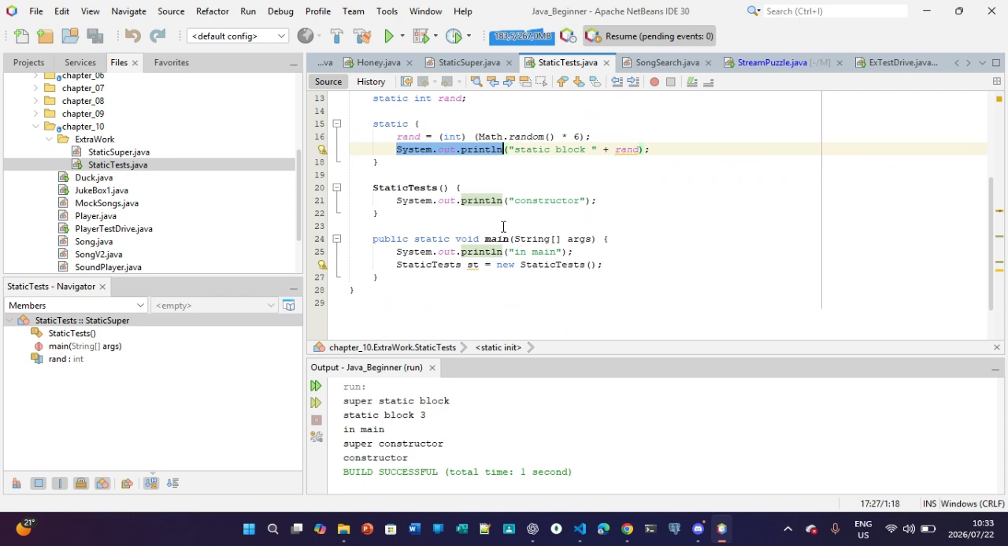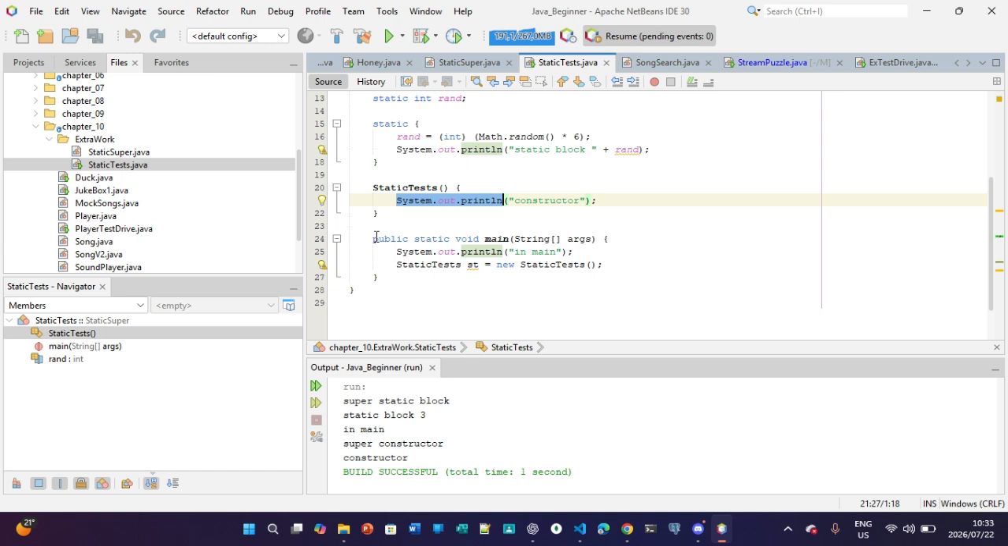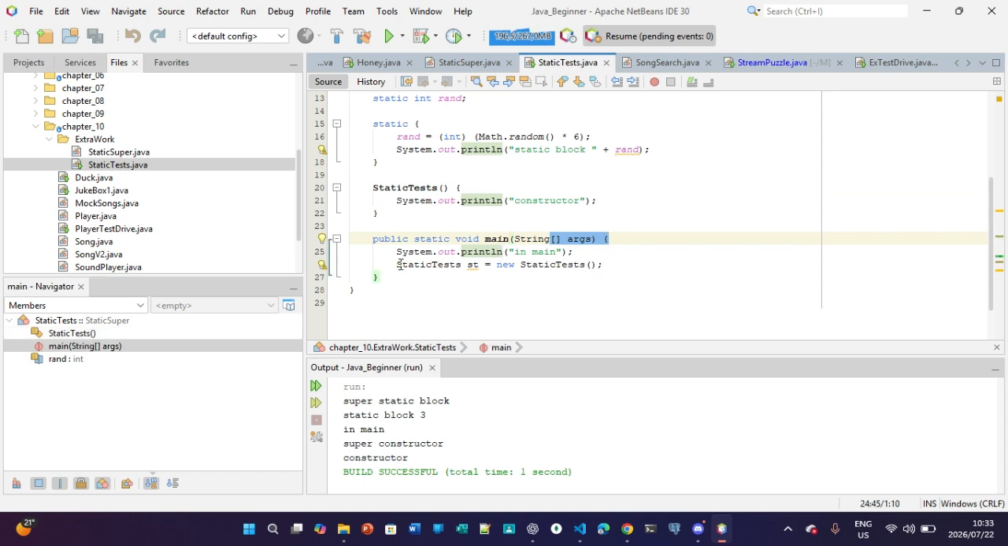Then we've got our static tests, which again has the function that prints out System.out.println constructor. So that gets printed out, and then public static void main takes String args. So our string is in empty square brackets, and then our arguments print out "in main", and then it takes static tests, and that's going to equal new static tests. So the variable st is going to equal new static tests, and then yeah,